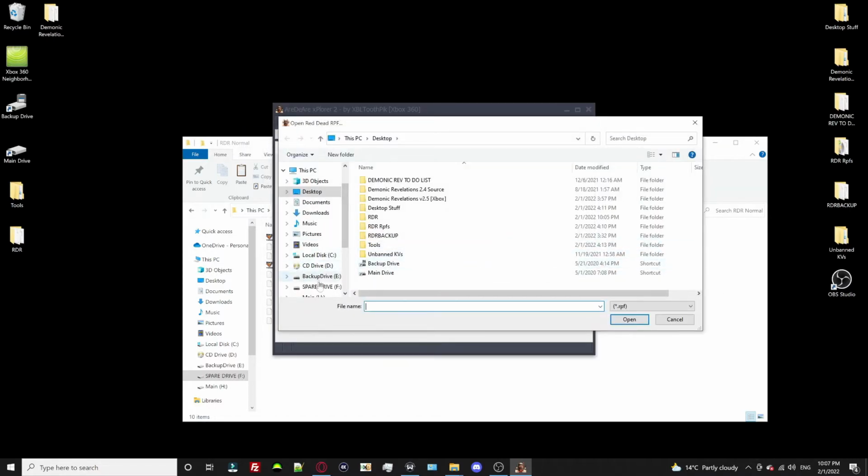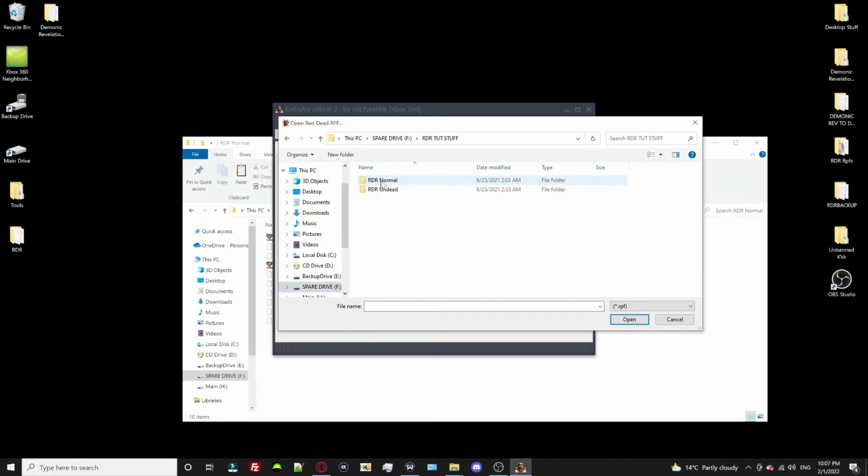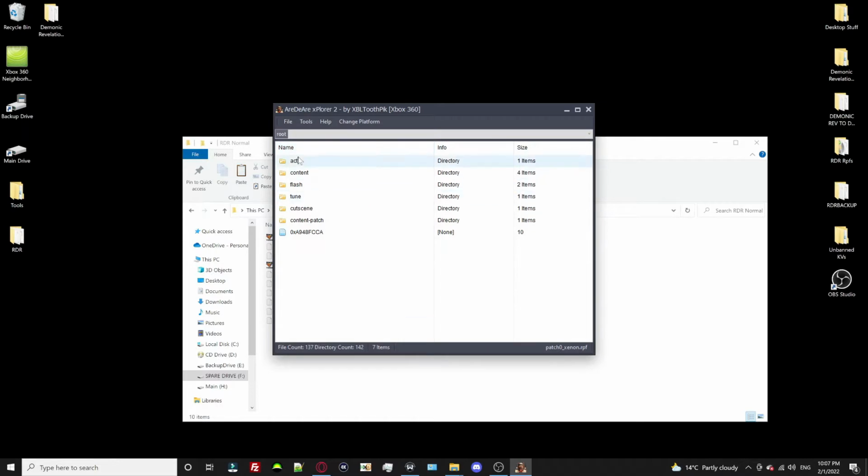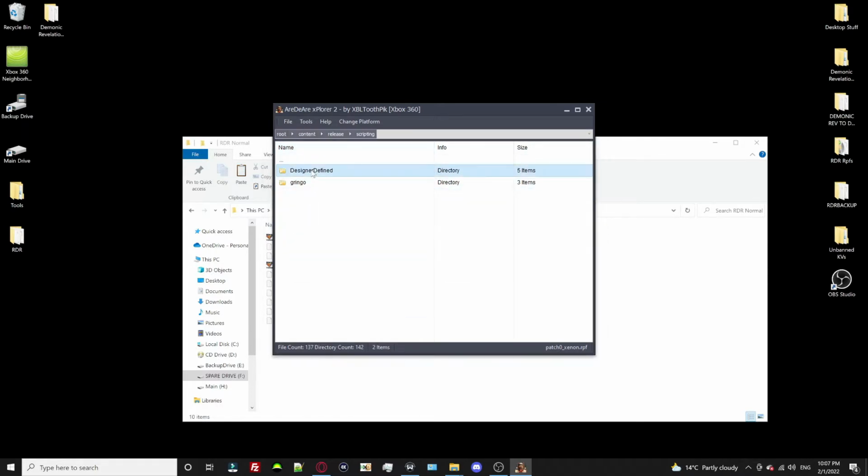Once it's opened, you can click File and Open. Now you want to locate to where your game is. And you're just going to open up patch 0_Xenon.rpf. This will be the only file we're modifying today. And then you can just click Open. Once it's open, you want to go to Content, Release, Scripting, Designer Define, UI. You want to click FUI Event